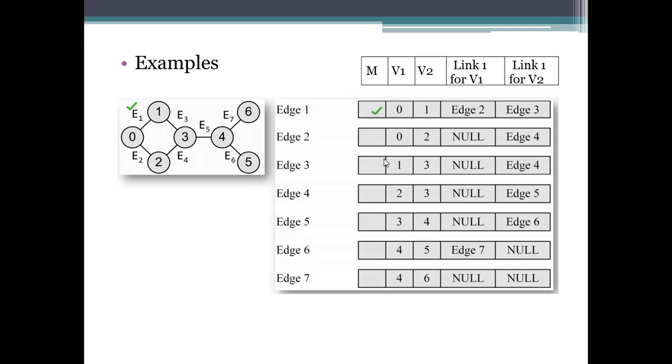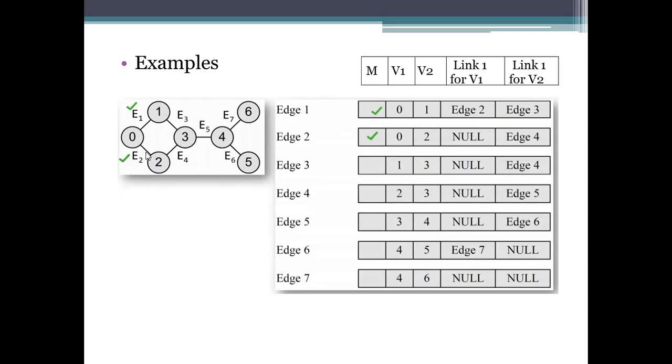Coming to the next one, edge 2. Write it as marked. Where does edge 2 lie? It lies between 0 and 2, so I have to write 0 and 2. What are the edges other than this one?